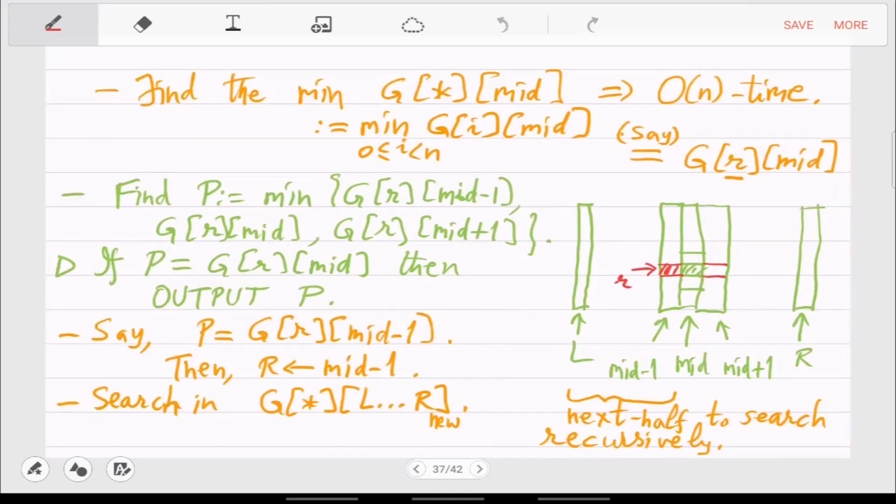I mean, we took the mid and then we took the min of the mid column. That was the row R. This mid now has become R plus 1.